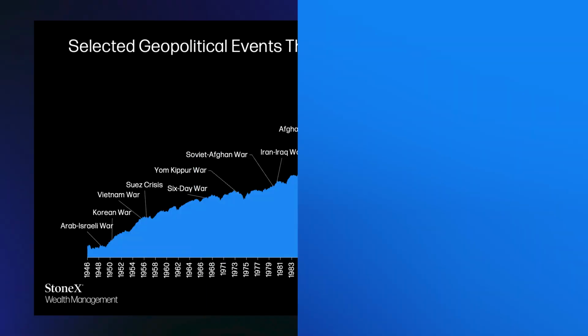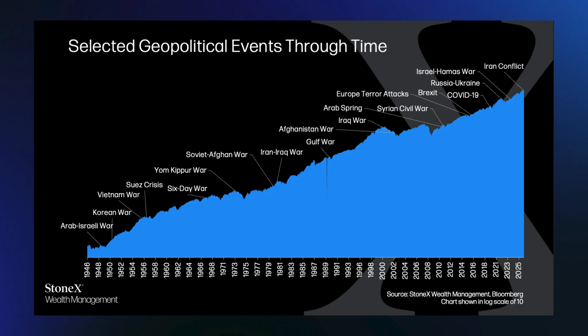So as we move back to that topic, we'll throw a chart up here on the screen that shows various geopolitical events throughout time since the end of World War II. And this is by no means an exhaustive list. So not on this list are things like the Cuban Missile Crisis, even 9/11, but there are tons of events on here. And what you see is a blue chart that largely grows up and to the right, meaning returns have been positive over time. You do see blips and settling returns throughout times where these conflicts have caused some concern on a short-term basis. But largely it hasn't disrupted the markets and benefited you to be long-term in your perspective, as we've covered from a lot of different perspectives.